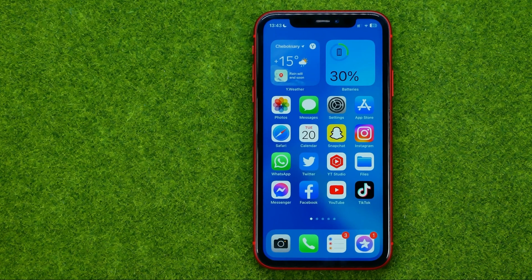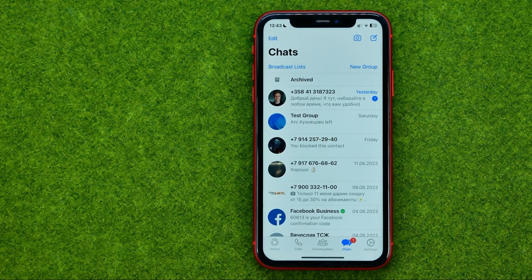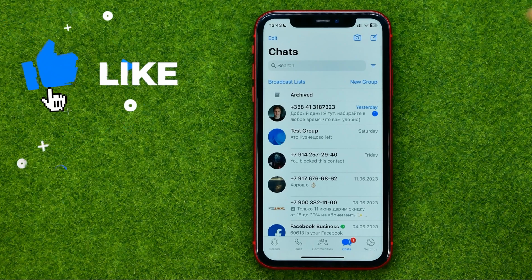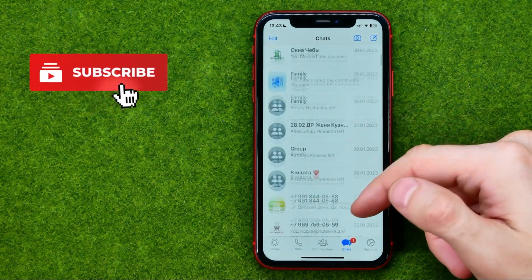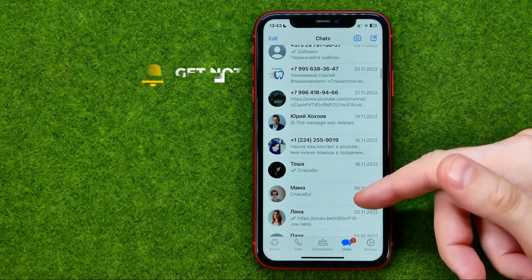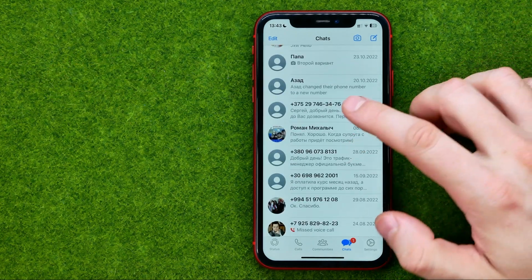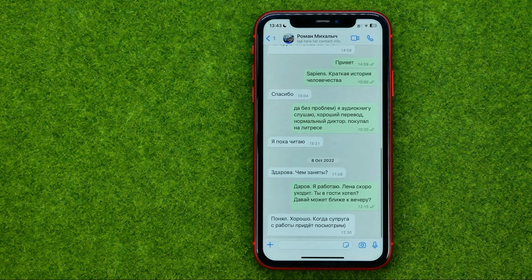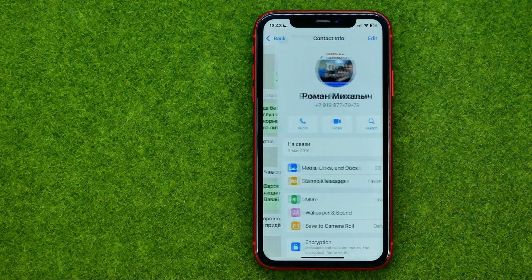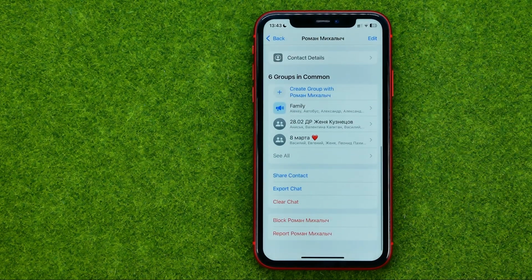So let's get started. First off, open up the WhatsApp app and then get into chats. After that, just scroll down until you find a contact or a conversation with the user you would like to block. Then just get into that conversation, tap right here at the user's name, and then just scroll down to the very